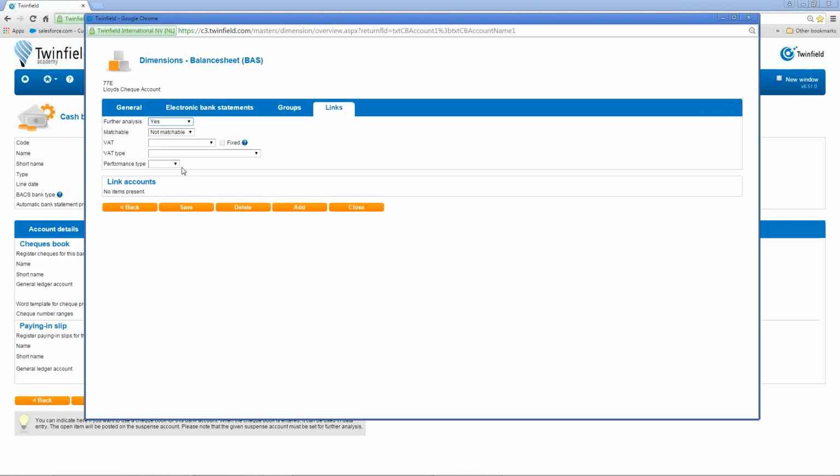The next step is to tell Twinfield that yes, I'm adding further analysis, but what am I adding the further analysis to? So we're going to be writing the checks to our suppliers. So we need to make sure that we're adding in the rule to let Twinfield know that we're adding our supplier. So just click the add button and leave the type. So that's the default setting that it will come up with. And if you double click into the code field next to type, you can now select accounts payable. So this way Twinfield knows when we want to raise a check that it's going to raise a check for one specific supplier. So if we now click save,